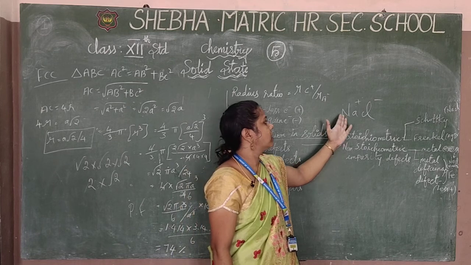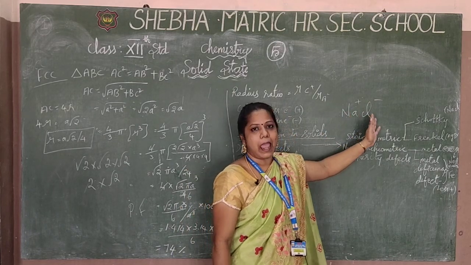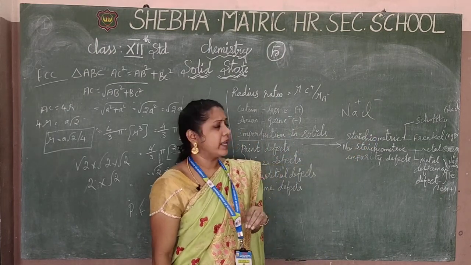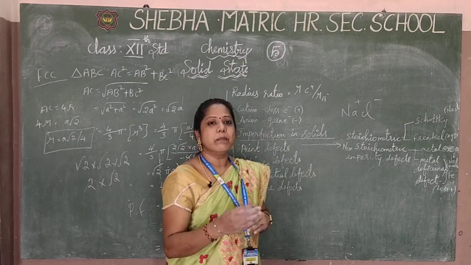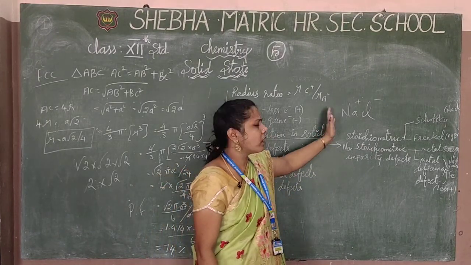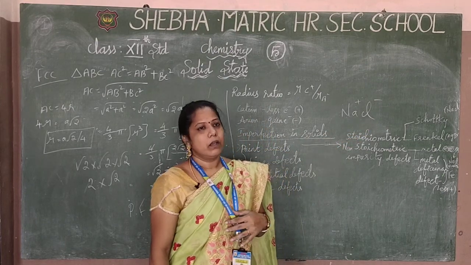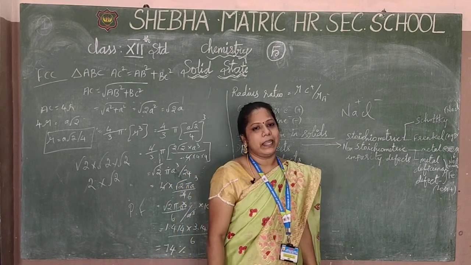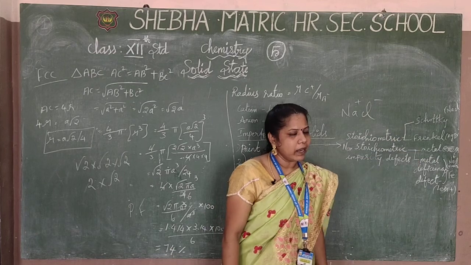In these defects, the cations and the anions are missing from some places. Missing from some places is called defects. But if the missing ions are the cations or either the anions, it is the same number of missing. So an equal number of missing ions is called Schottky defects. Okay, have you got the points? And then go for Frenkel.